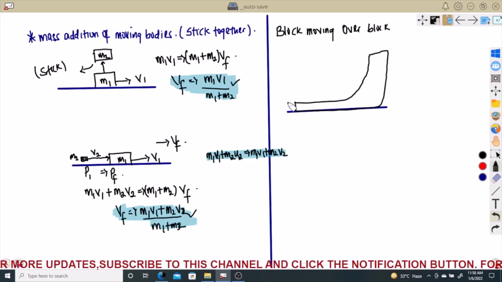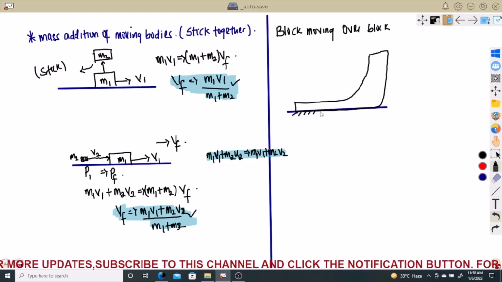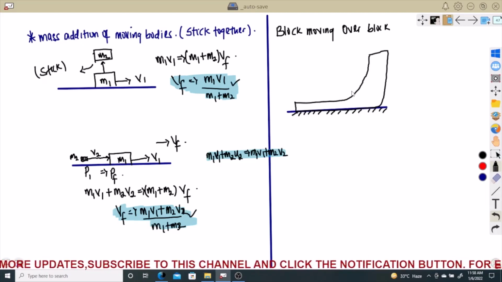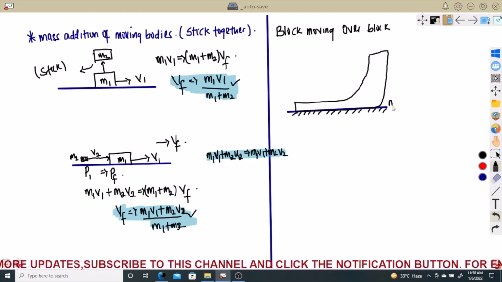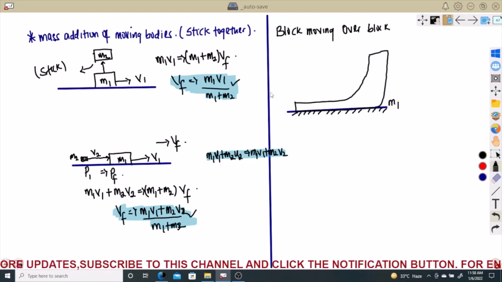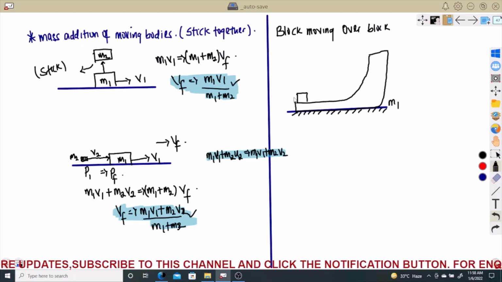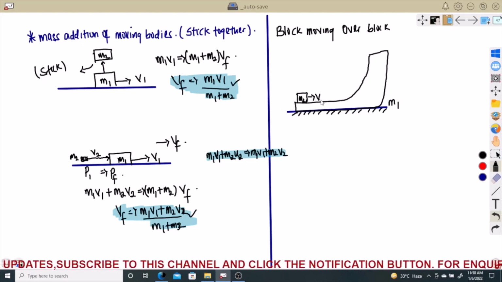Because the block is on the ground, it has an initial mass. So this is the ground I'm showing, my dear students. The block has a mass of M1. There's a small block on this particular L-shaped block, which I call M2, which has an initial velocity. Let me call it V. So now we say,